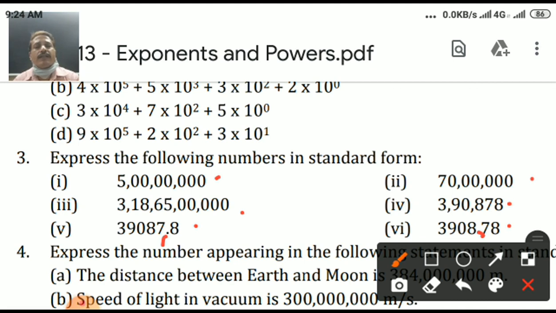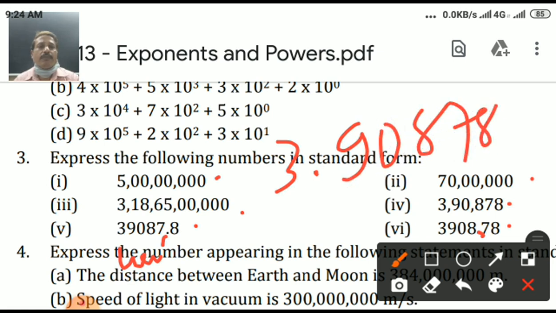Now I want to write this number 39087.8. उसको ऐसे नहीं लिखते बेटे, उसको कैसे लिखते हैं? You should have to write one number and then point, and then after one or two numbers, multiply with the 10 raised to something. So here when you are jumping, 1, 2, 3 and 4 jumps are needed for this one. Isn't it? तो आएगा मेरा 3.90878 and multiply with 10 raised to 4. ये होगा मेरा आंसर.